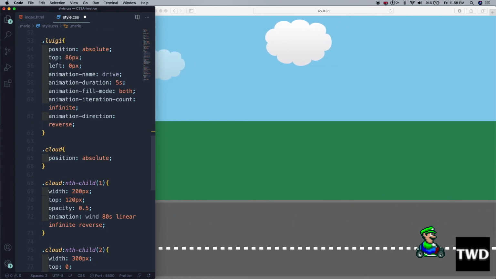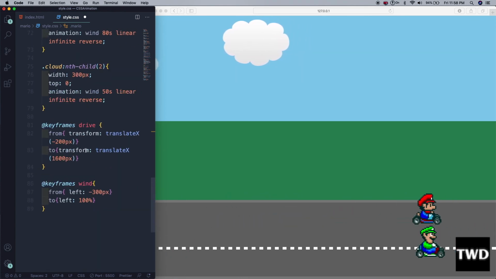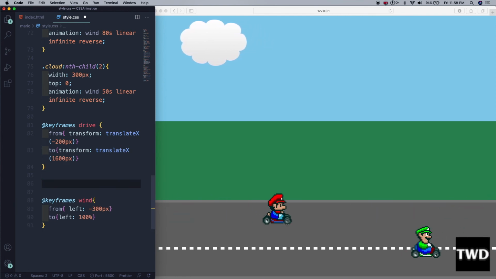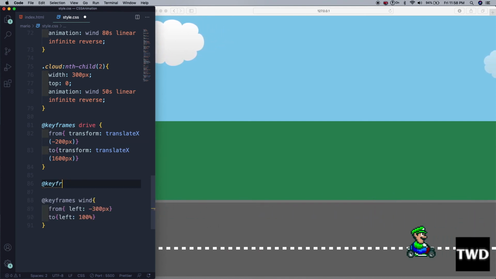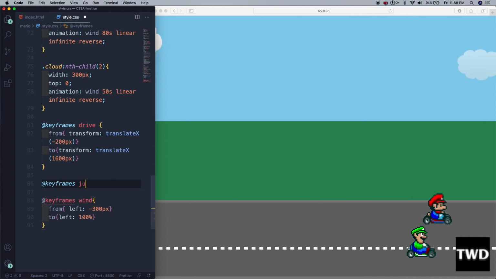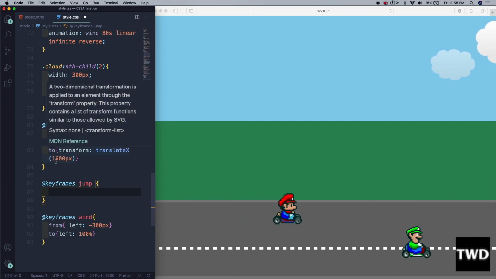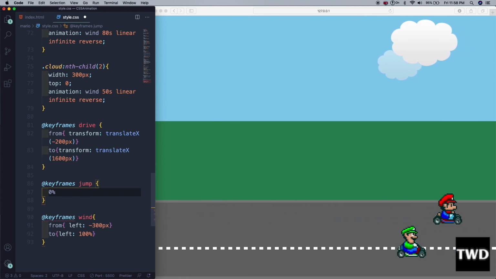So let us go down, because we are doing the keyframes here, so we will create it here only. Keyframes jump. Till now what we have seen is from and to, but we can give percentages also, any percentage. We can have n number of percentages till 100. Generally we have 3 or 4 percentages.